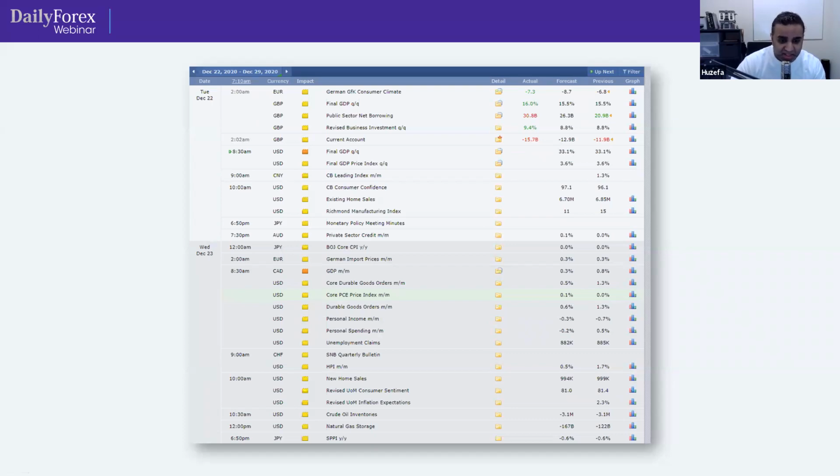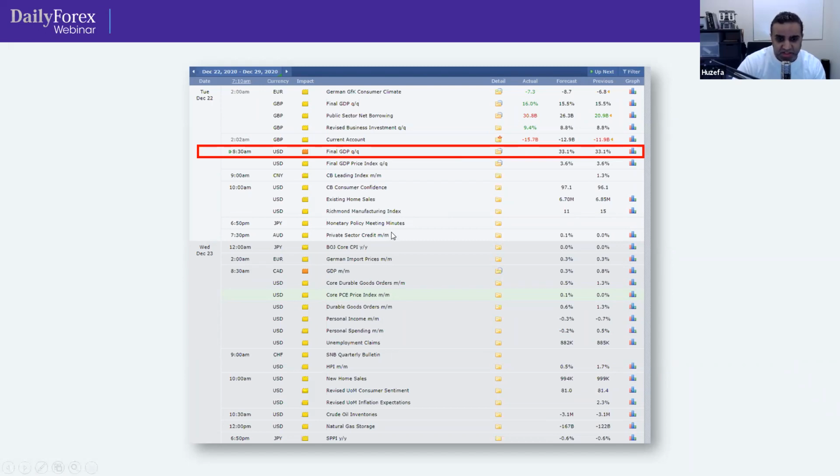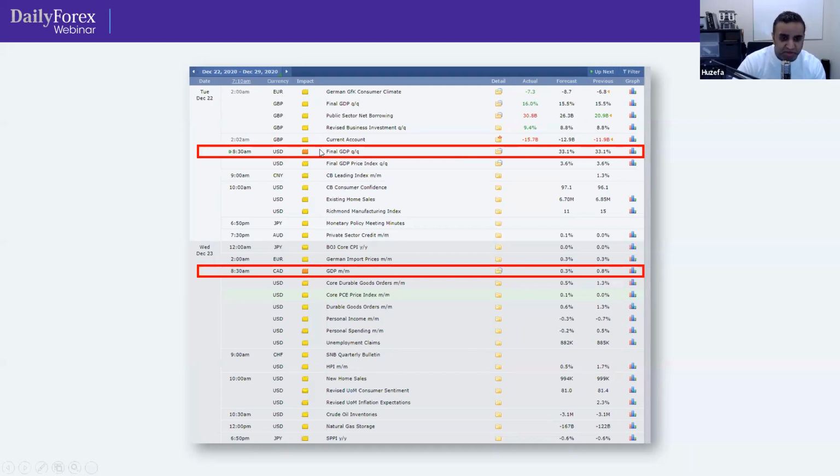There aren't too many this next couple of days or this week. It's Christmas week, or the holiday season, so there's not much going on, and it's post-US election now. The news cycle around that is beginning to die down. But this morning, for example, with a USD announcement, a GDP number, quarterly gross domestic product. Tomorrow morning, there's a GDP announcement from probably the Bank of Canada or the Canadian government, tomorrow at 8:30. So this week I'll be looking at any of the majors because of the USD announcement, and specifically USD CAD or Euro CAD or one of the CAD